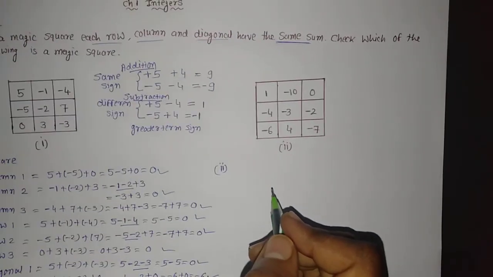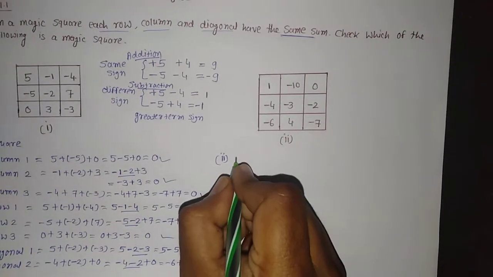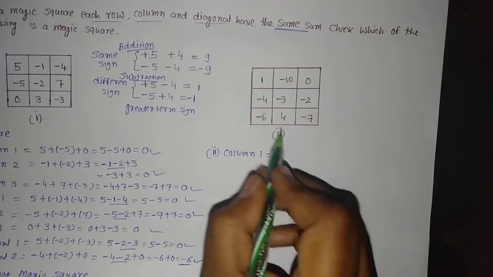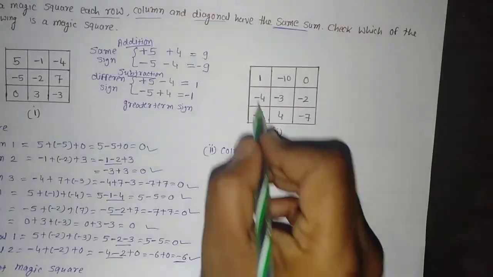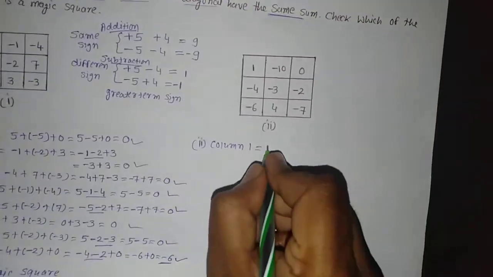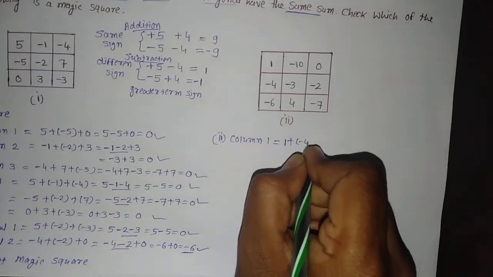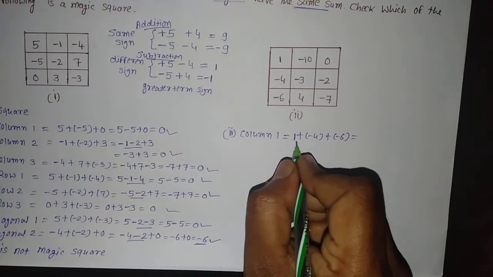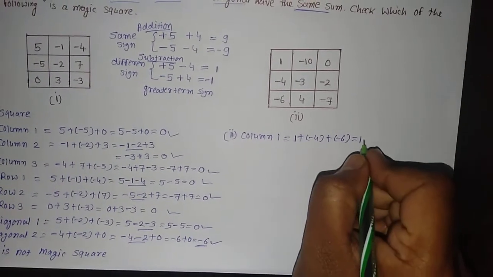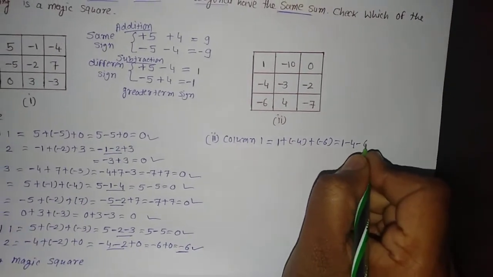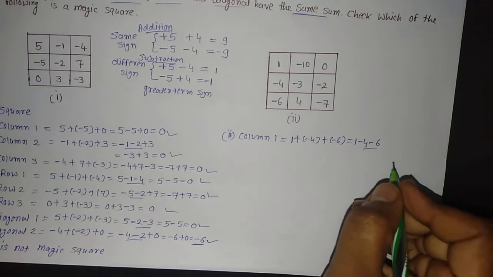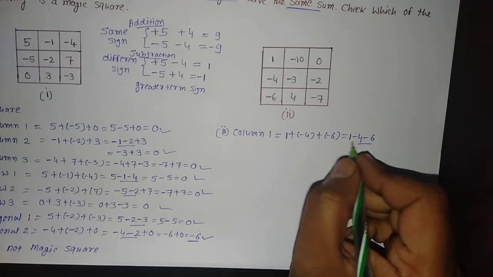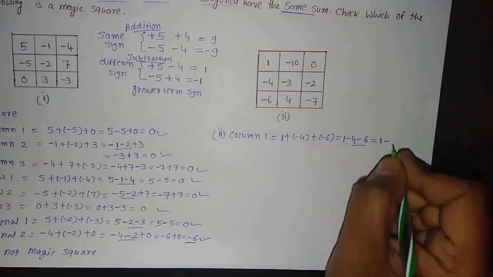Again in this we will start with the columns. First of all, column 1. As I told you, column 1 is this. This is the row. Column 1: 1 plus minus 4 plus minus 6. Again, as I told you, this is 1 plus minus minus 4 plus minus minus 6. You can see both of them have the same sign, so we'll do the addition. 6 plus 4 is equal to 10 with the negative sign, and this one will remain as usual, 1 minus